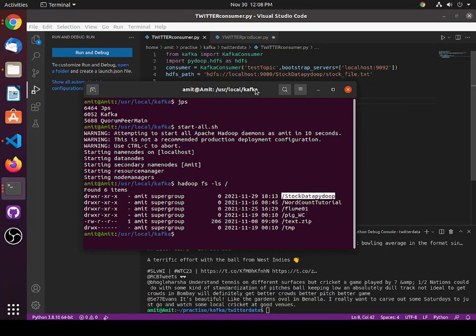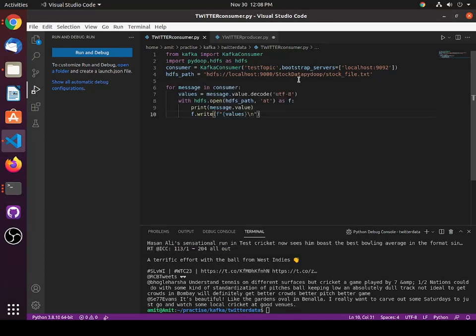Let me create another folder with mkdir, Twitter data. Okay, a folder got created. We will copy this and paste it here, remove this one, and again twitter.txt.